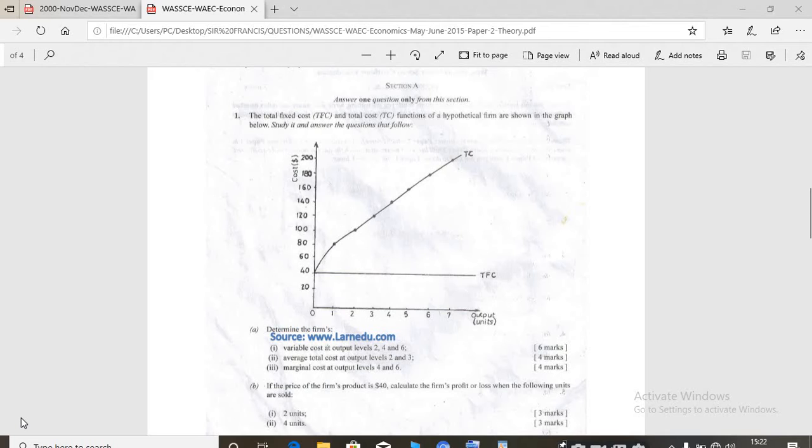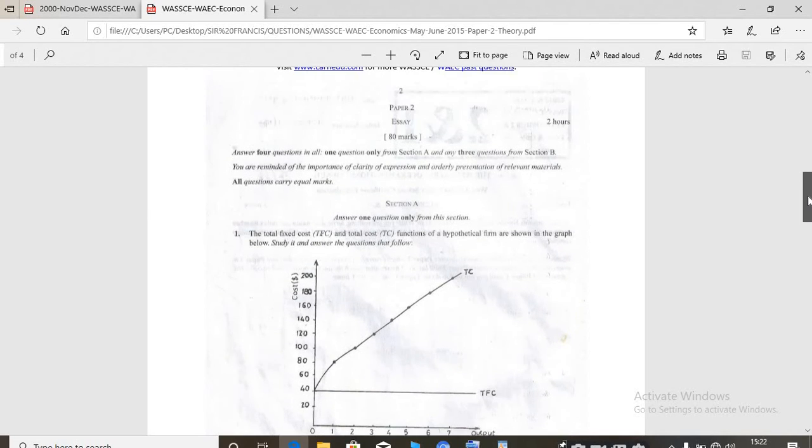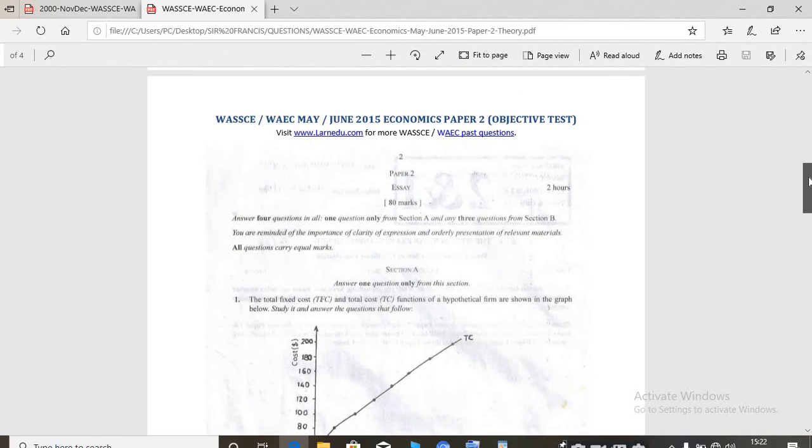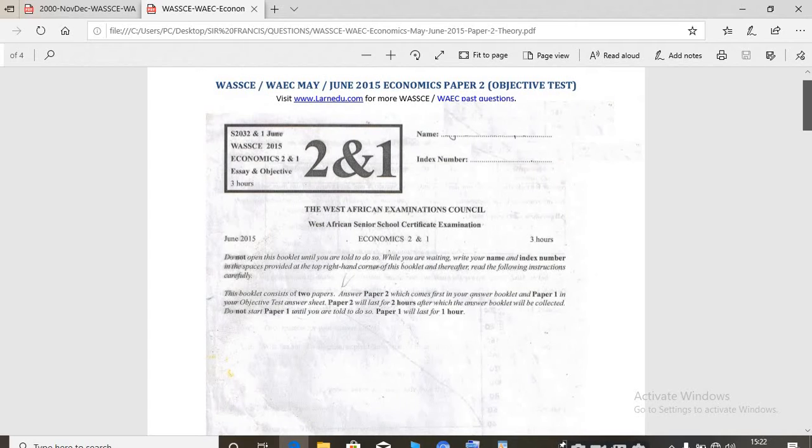As we have been doing, we have been solving past WASSCE questions. We started with financial accounting, but today we are moving on to economics, one of the interesting elective subjects that you can find in the senior high school. And what we are going to solve is WASSCE